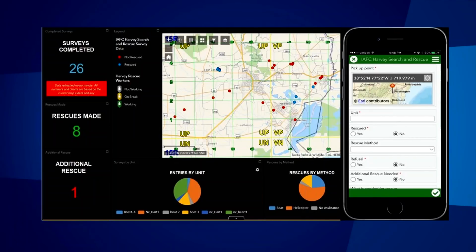So what happened was, as the resources from Florida were driving to Texas, we trained them on how to use Survey123 and how to download it, and we gave them usernames on the IAFC's platform. We had resources from North Carolina, Tennessee, and Florida using the IAFC's platform and Survey123 in the field to collect real-time data from walking teams, trucks, boats, and even helicopters about what they were doing in and around the Houston area